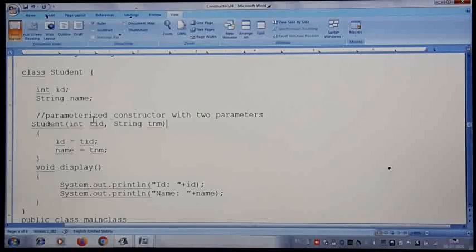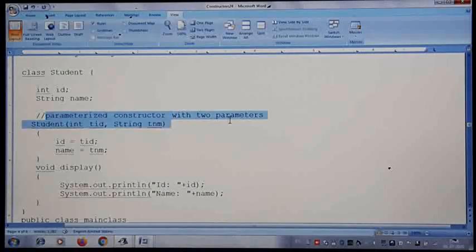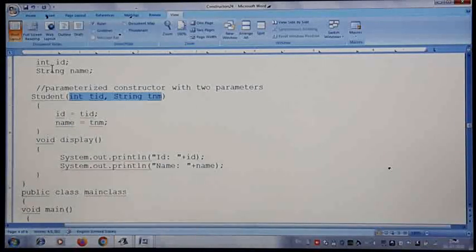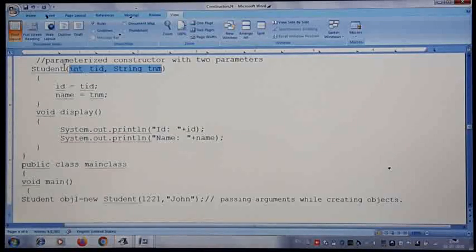This is a parameterized constructor with 2 parameters, because it is taking arguments. How many arguments are we taking? 2 arguments. So the instance variables are assigned with the argument variables here. Whatever arguments I am receiving, those values will be assigned here. Then the display method is going to display these instance variables. Now how do we pass the values to this constructor?